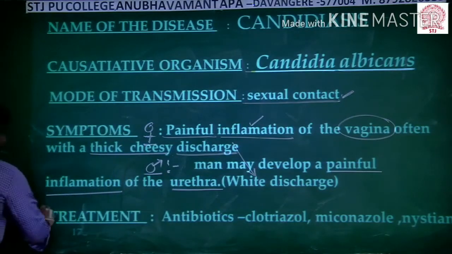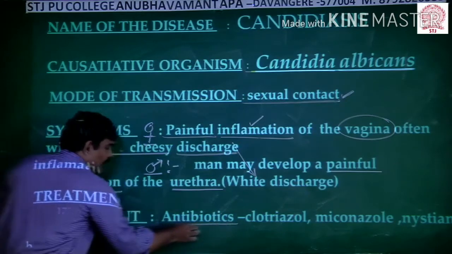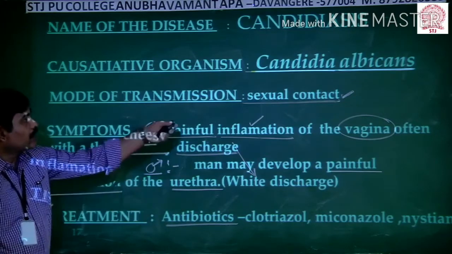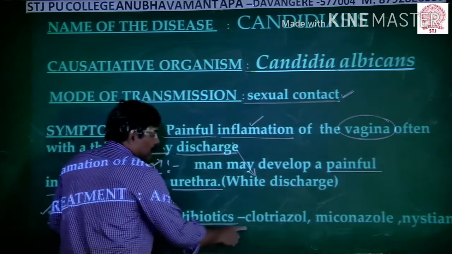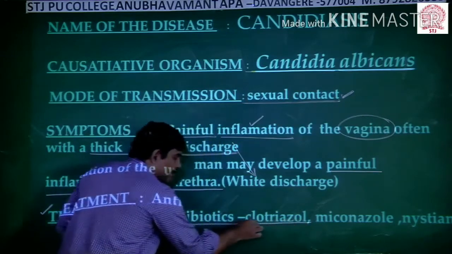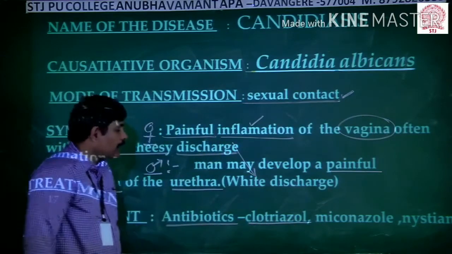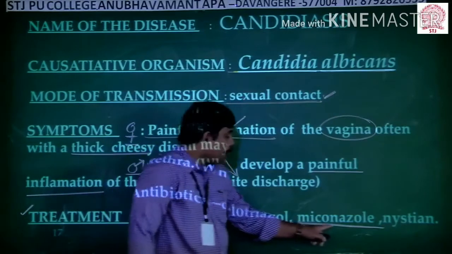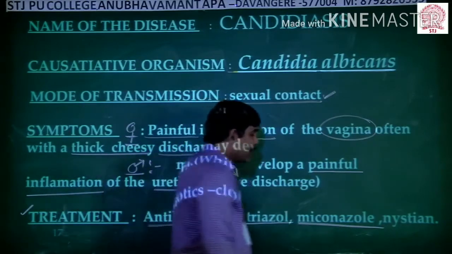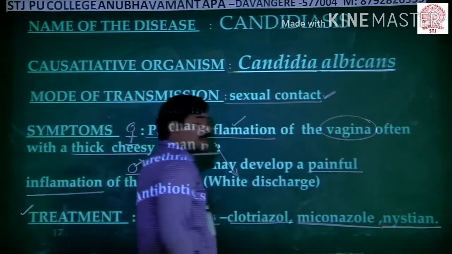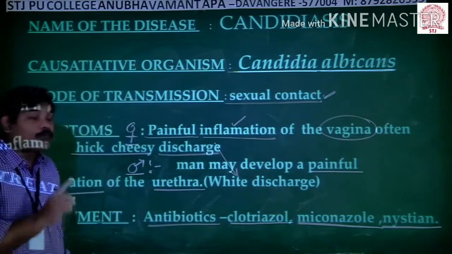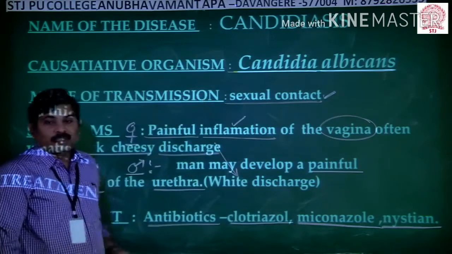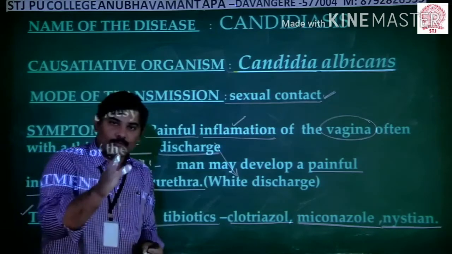And thereafter, what is the treatment for this? Certain kinds of antibiotics are there. Let us see the names of these antibiotics that we use for treating candidiasis. One is clotrimazole. Clotrimazole is an antibiotic. Thereafter miconazole, another antibiotic. Thereafter nystatin. Nystatin is one more antibiotic. By using these three types of antibiotics, we can treat this disease, candidiasis, one of the fungal